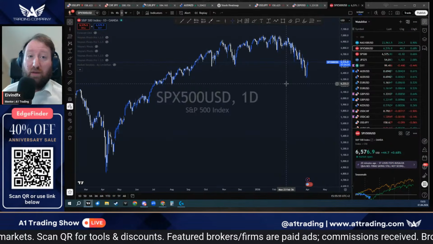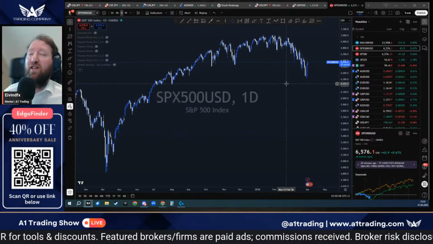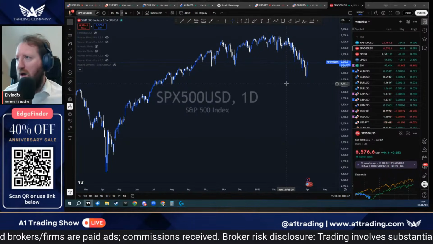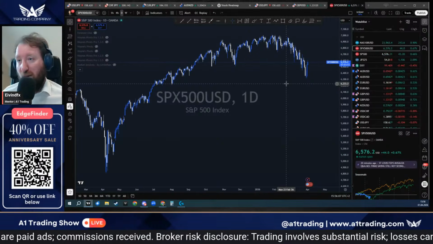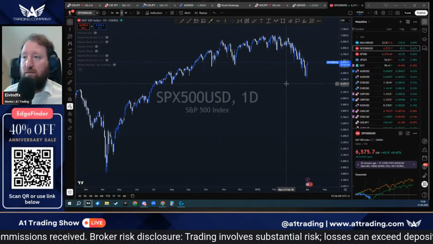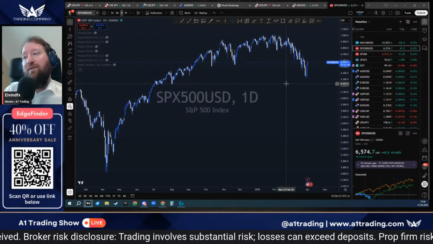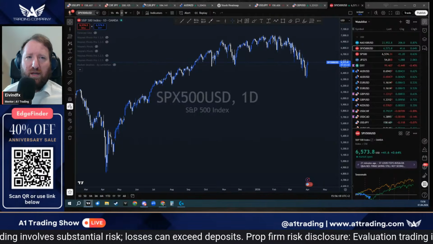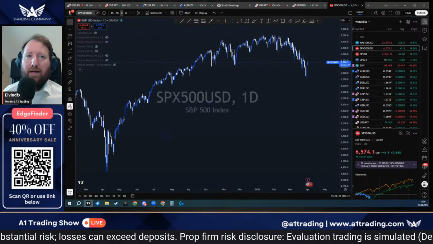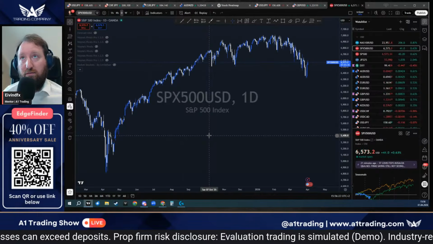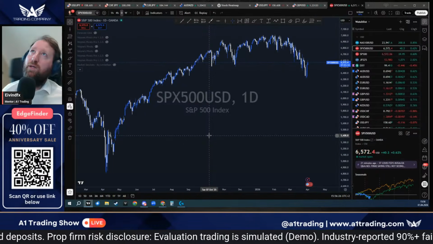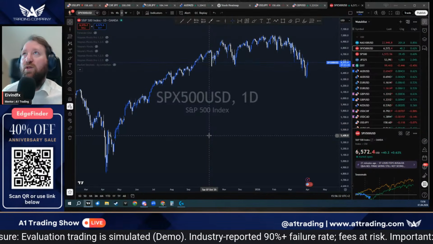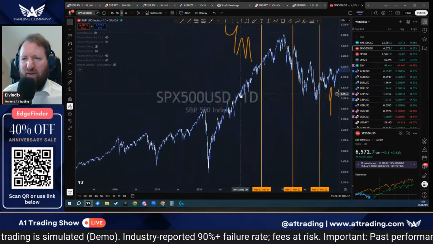I think that is totally plausible. If all the stars and all the ducks align, then yeah, I think that is plausible, not impossible. But for that to happen, we cannot have wrecked the economy on the way to go higher. So inflationary is upside for the S&P 500. Deflationary could also cap the upside. But the moment and the day we believe that's the bottom or we're in a good space, like where we had 1.8 inflation before